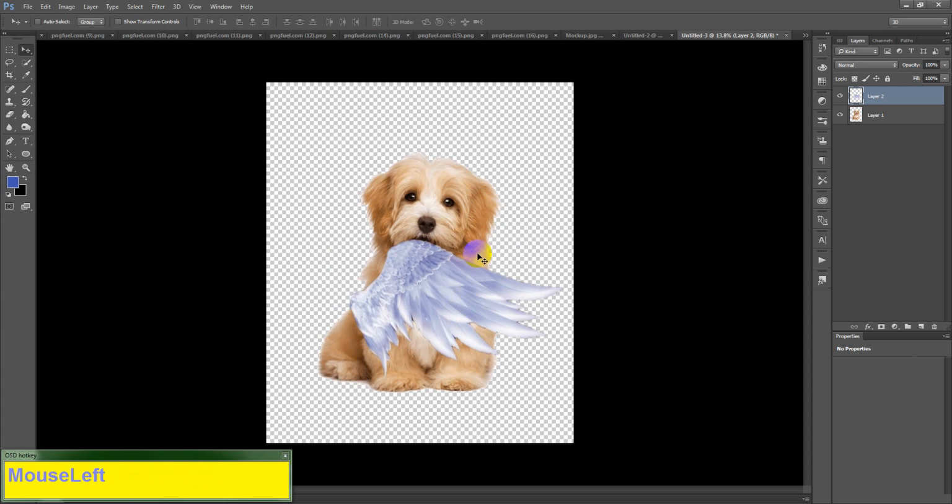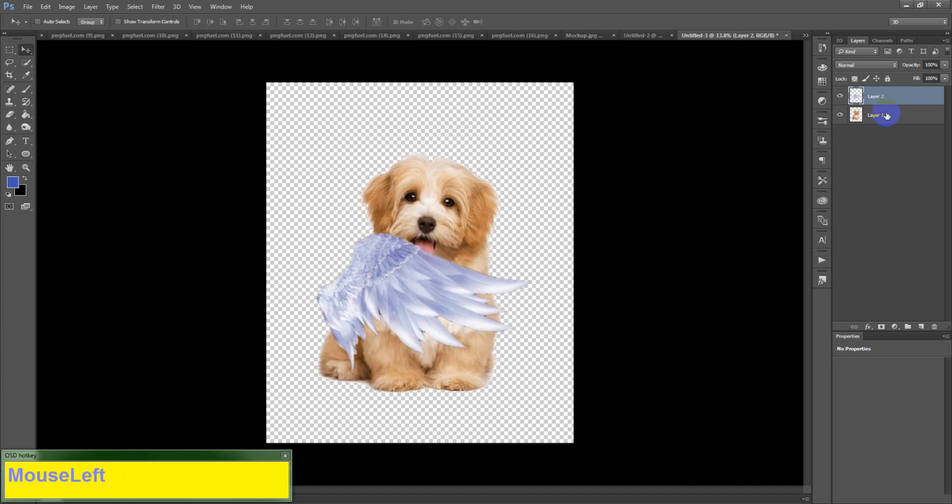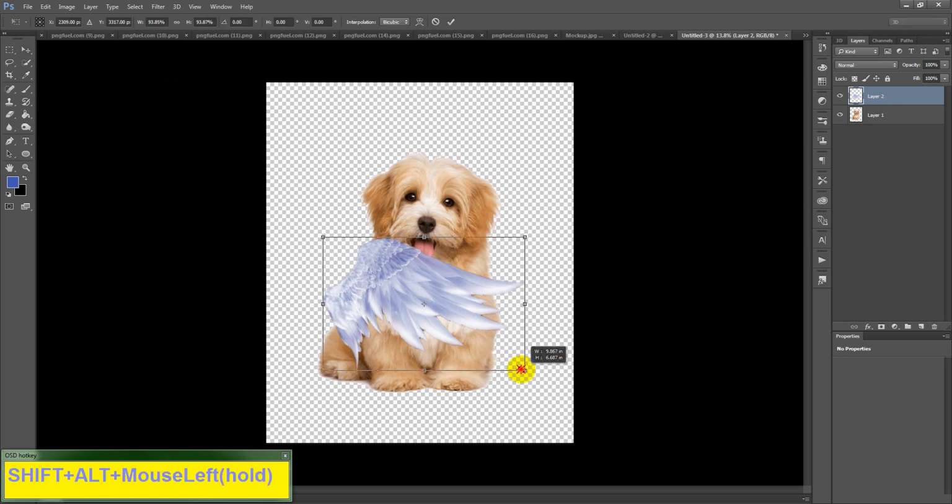The main point of designing in Photoshop is you have to work in layers. In Illustrator we can work in one layer, we can do everything inside one layer, but in Photoshop we have to work in a different layer for each object. Like these wings are in a layer, this dog is in another layer, you can see here. So that is like that. So I am going to adjust the size here a little bit,